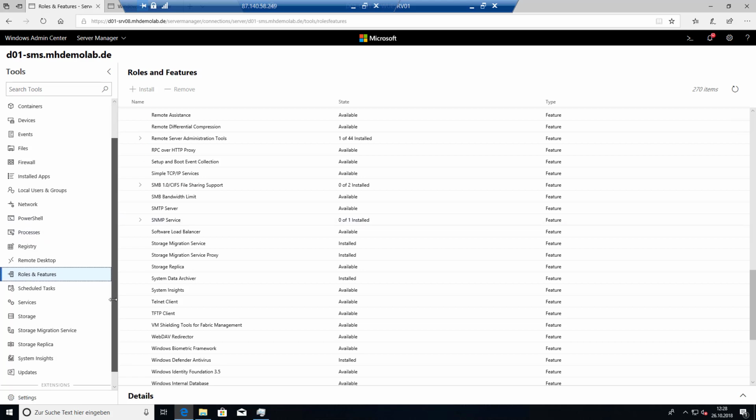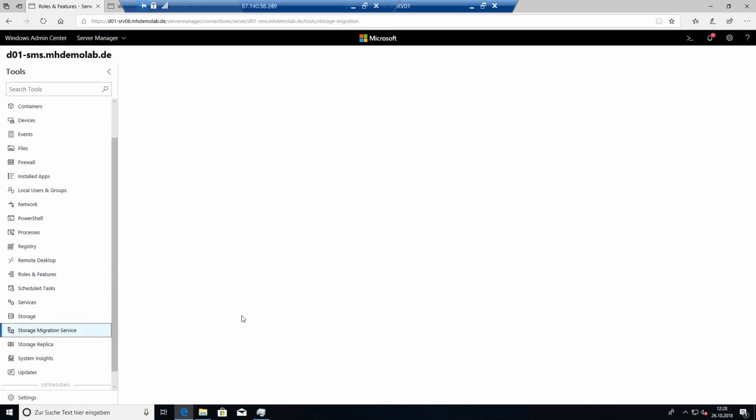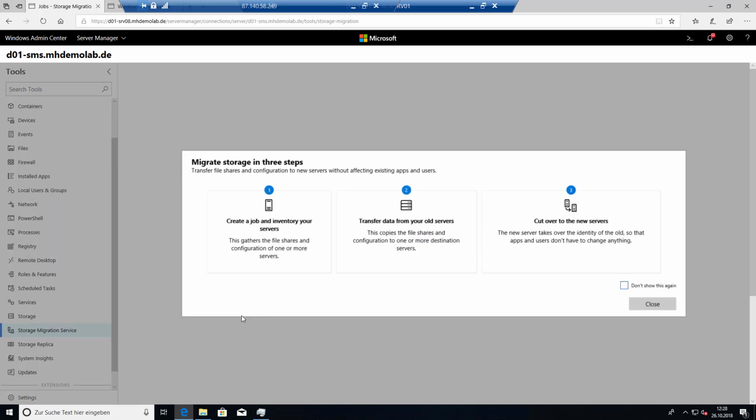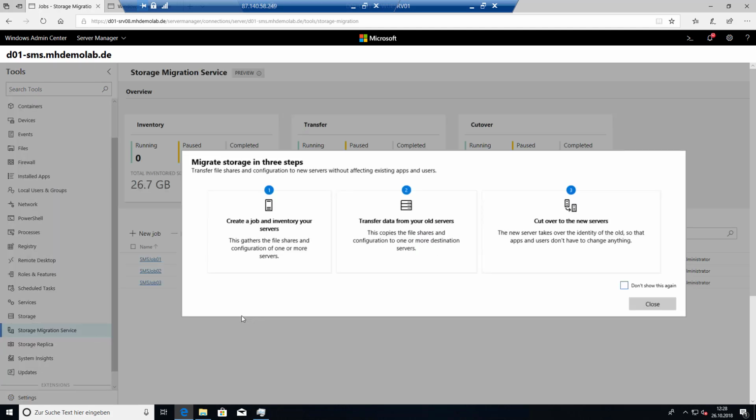And now I'm able to launch the storage migration service console. And we will see I already have some jobs here that were run in this environment. First, the storage migration service introduces what's possible with the storage migration service. So we can create a job and inventory our servers.